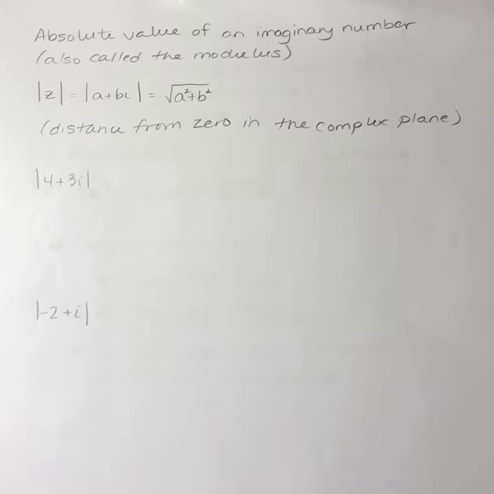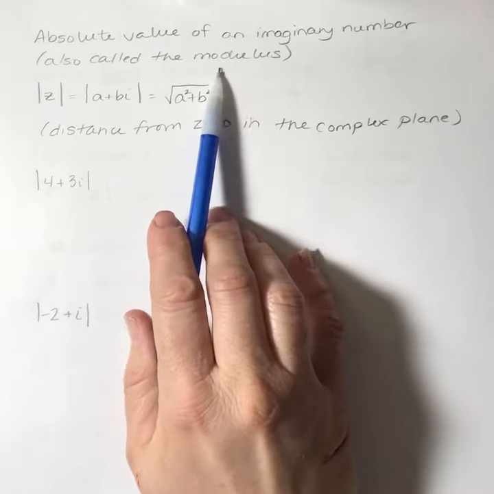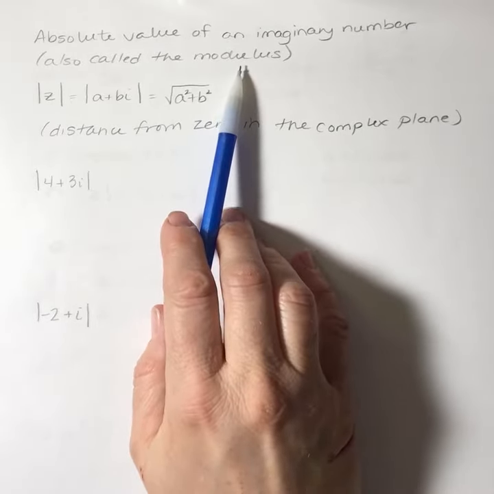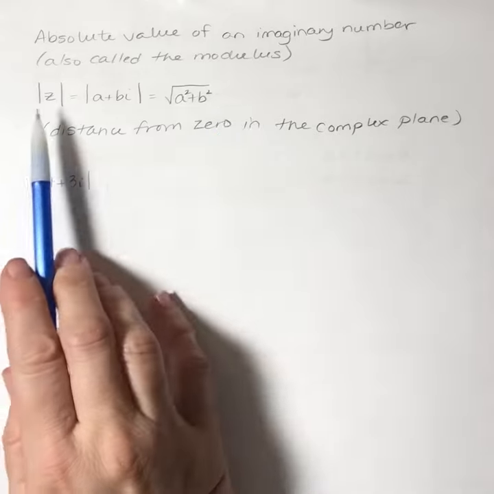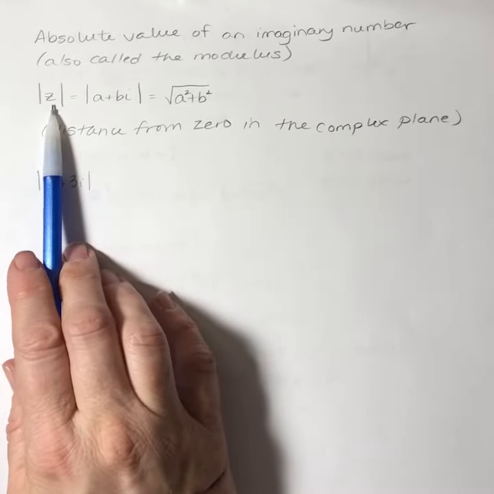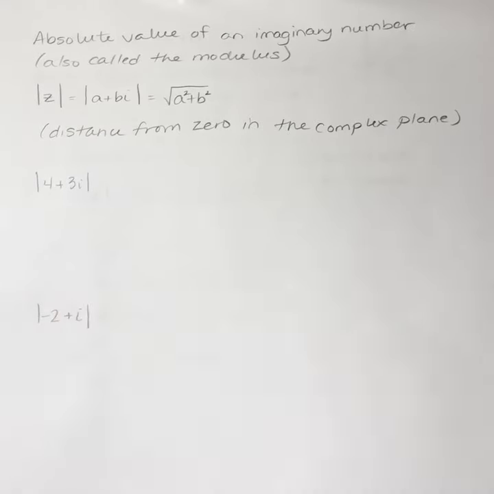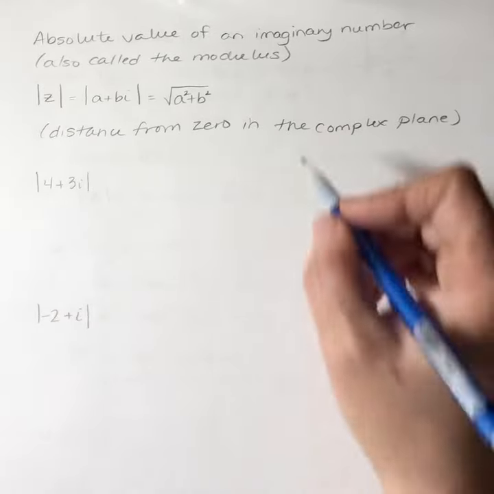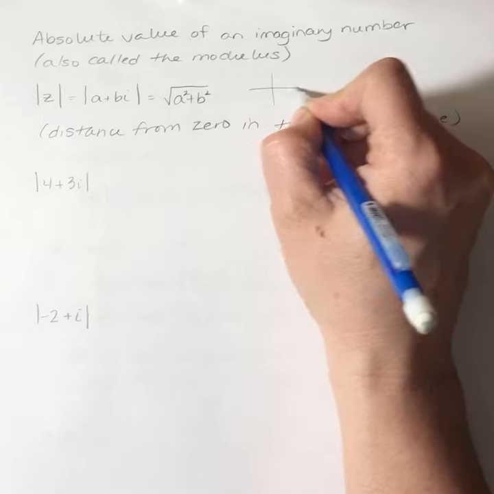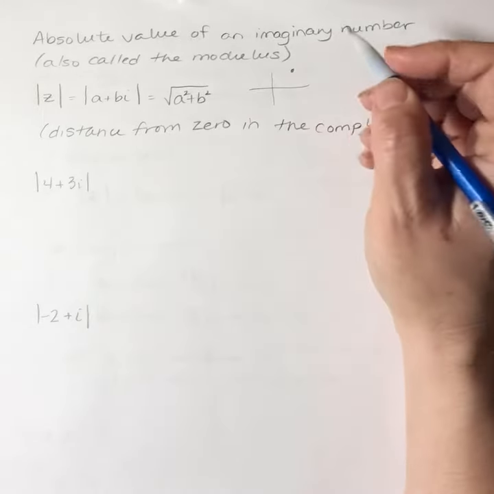Next, we have finding the absolute value of an imaginary number. This is also called finding the modulus. A complex number can be referred to as z. The absolute value of a complex number is just the distance from 0. So when you have a complex number, a plus bi,